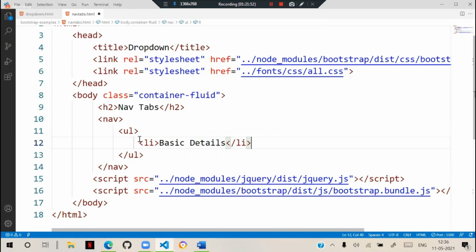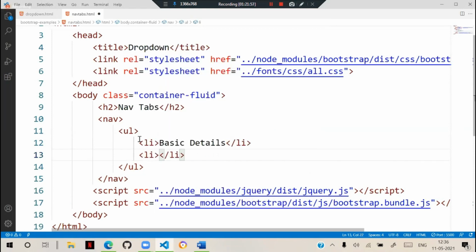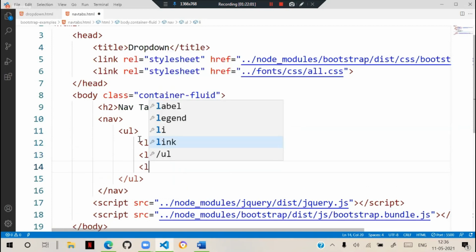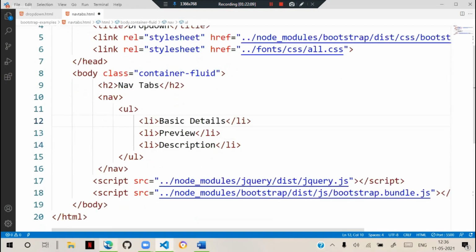Another list item is preview. Another list item is summary or description. Three options are there. Generally, the nav tabs look in this way: basic details, preview, and description.